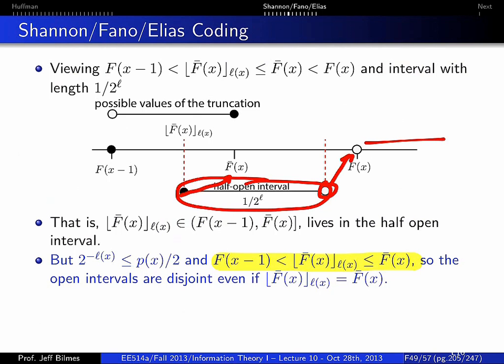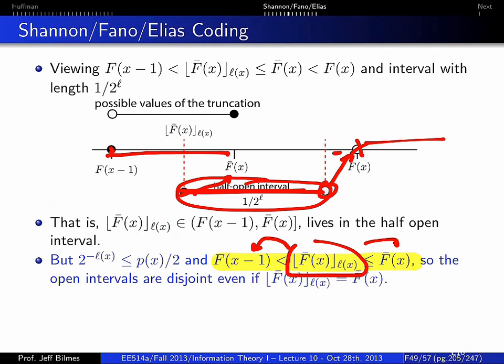And so, since the truncated version of f bar is at most f, and is in fact strictly greater than f of x minus 1, these half-open intervals can never be less than this,